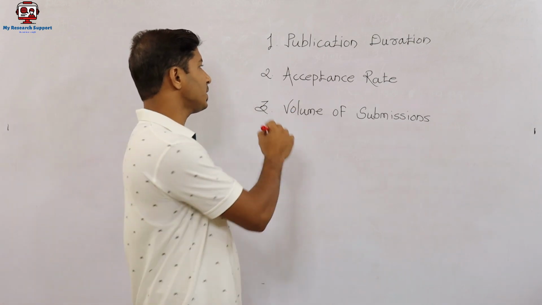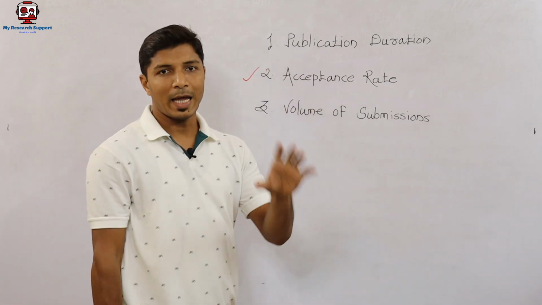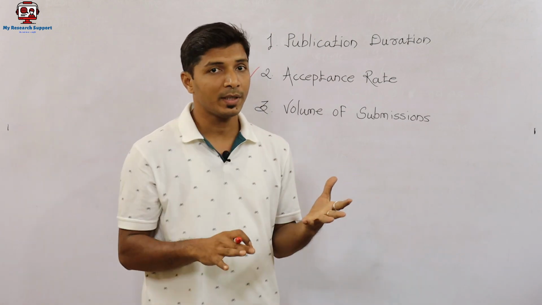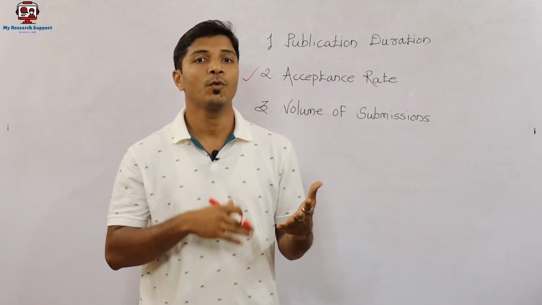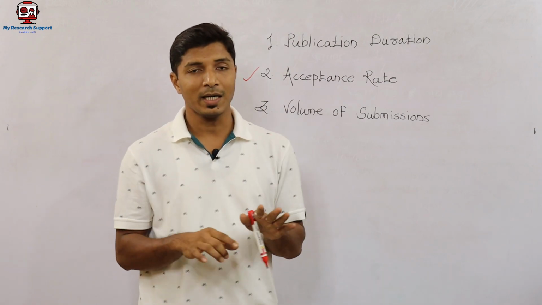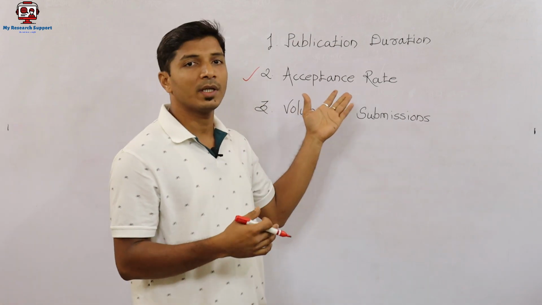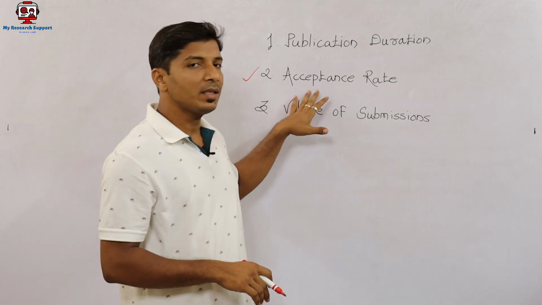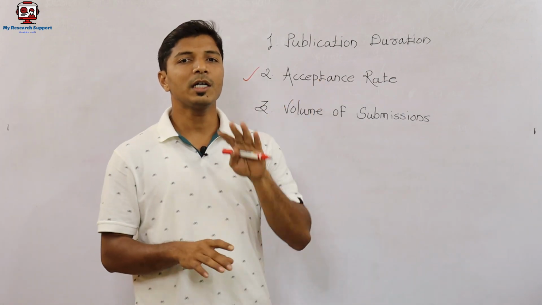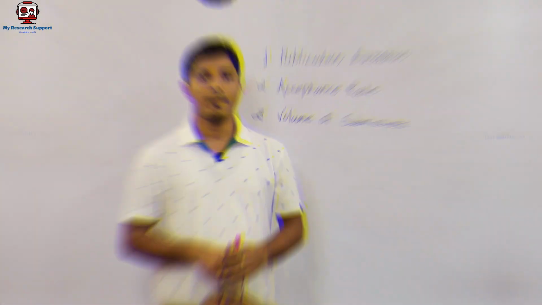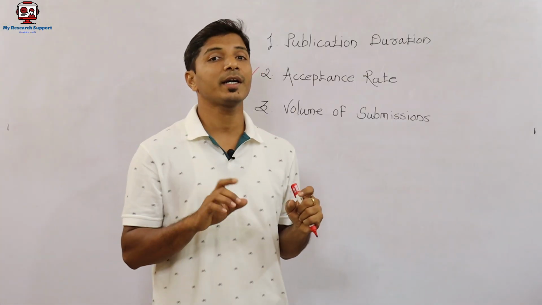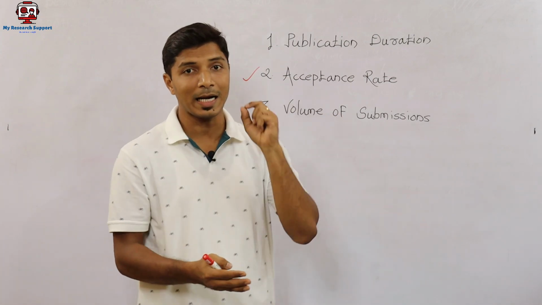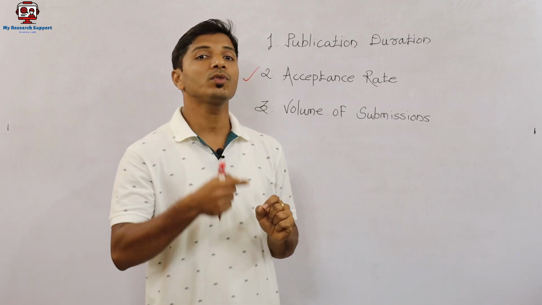Then the second parameter is acceptance rate. Acceptance rates of these newly added journals will be higher, meaning the probability that your research article will be published will increase. I am not saying that any research article will get accepted in the newly added journal. You have to maintain quality, but here you will get a little preference as compared to old journals. If your specific research article is rejected in an old journal, then in this new journal there are high possibilities that at least your research article will be sent to the revision stage.